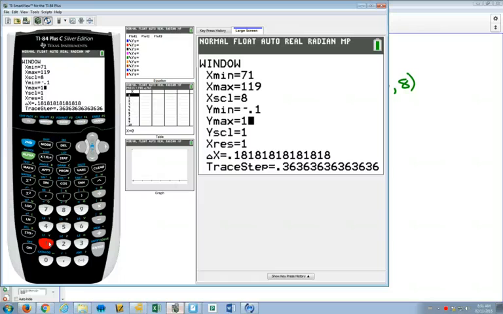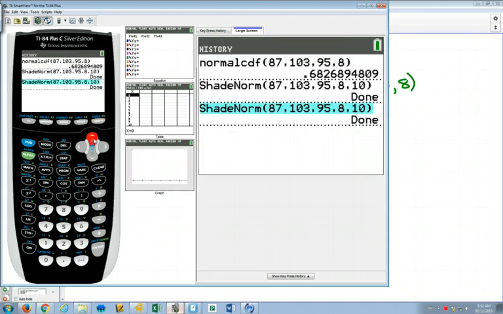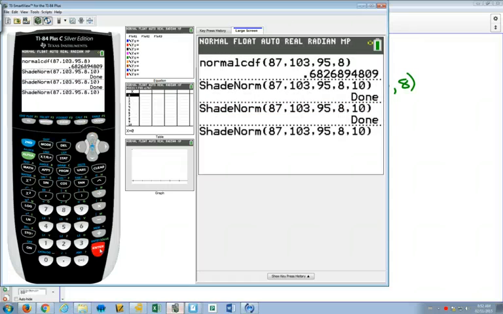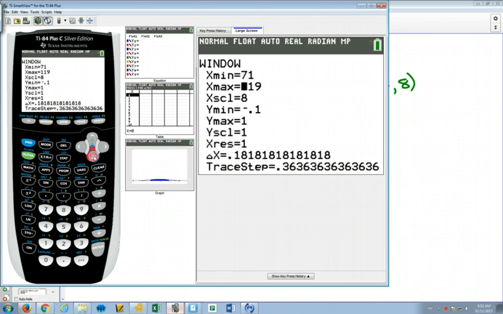Now we push graph once again and go, oh yeah, it erases it, and get disappointed. So we go back to here, do this again, and we see a bit of the bell curve. But I hope you can see that going up to 1 is still quite a bit too much. In fact, if this is 1, halfway would be half, a quarter. We could probably get away with 0.1. So I'm going to go back to my window, change my y max to 0.1,